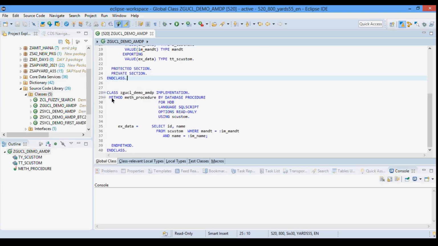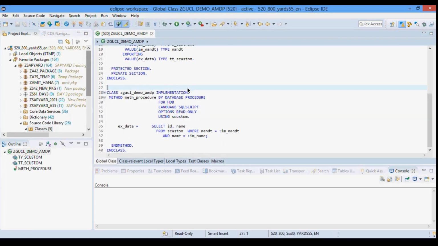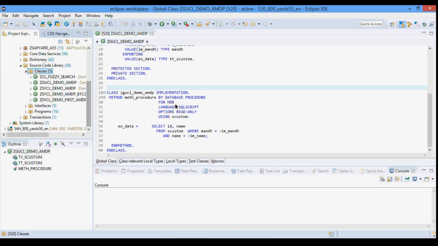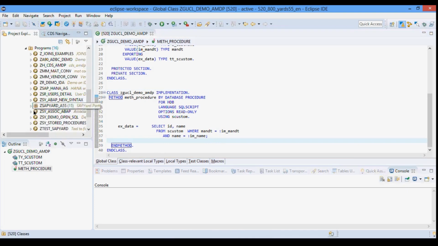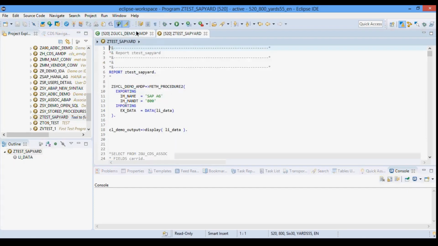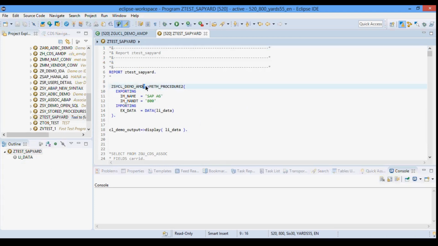So first I will show you one example on how to consume this particular AMDP class method which we have just created. Then we will go one extra step and see how we can call existing database procedures within your AMDP method. So I will go to this. Here this is my class name, so let me copy it.